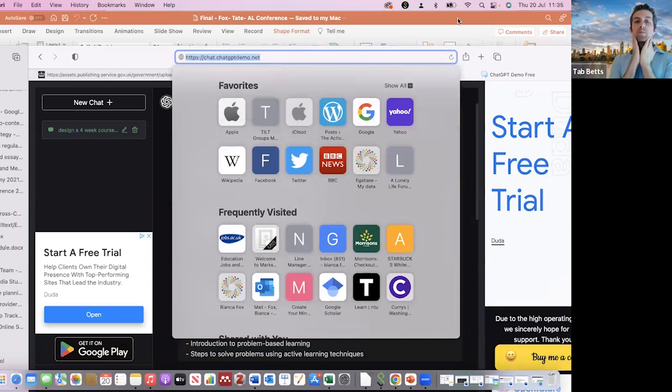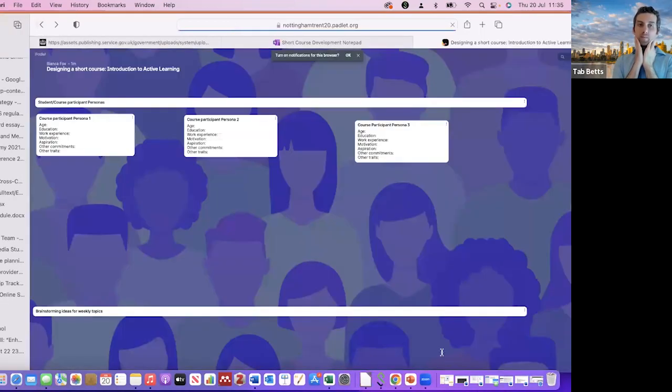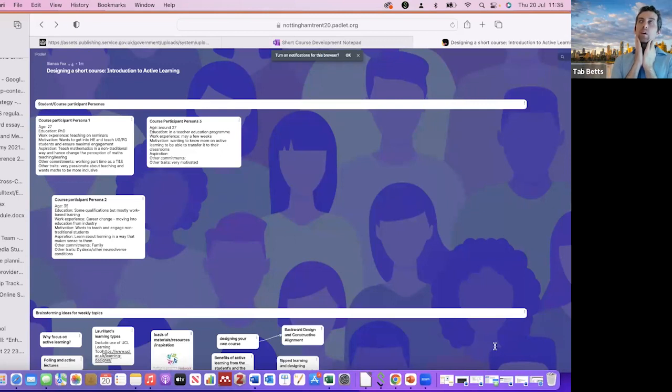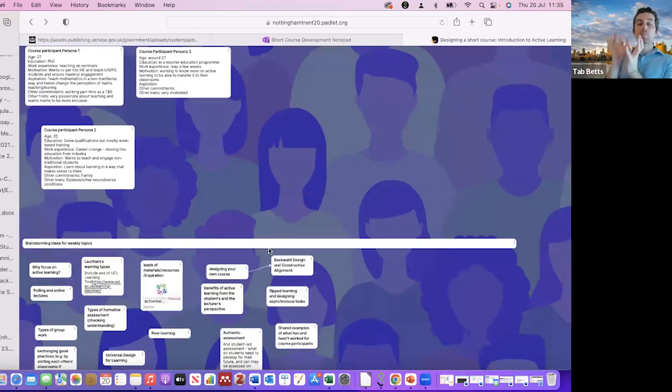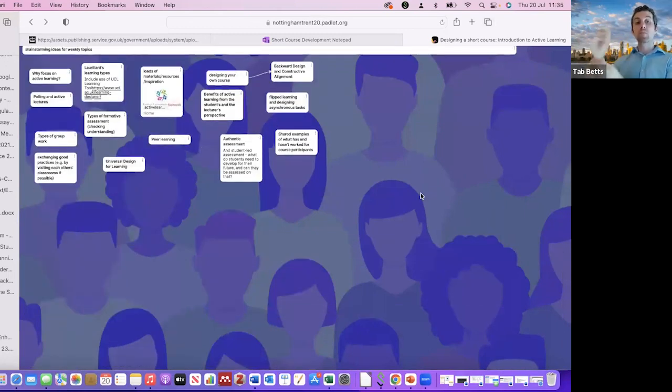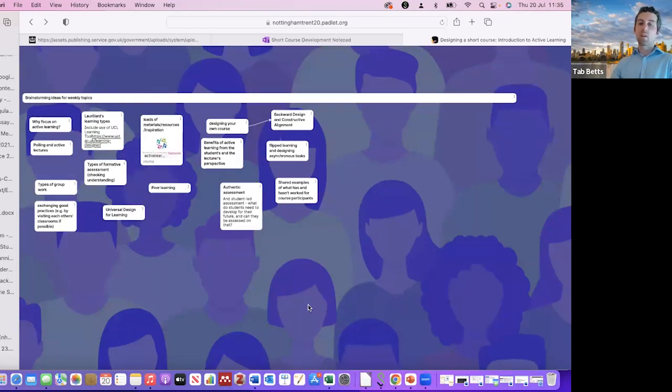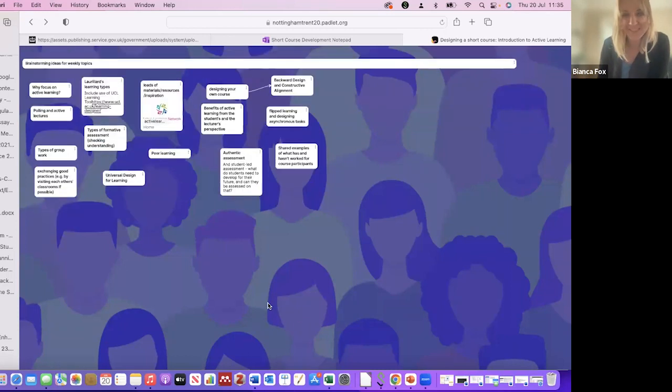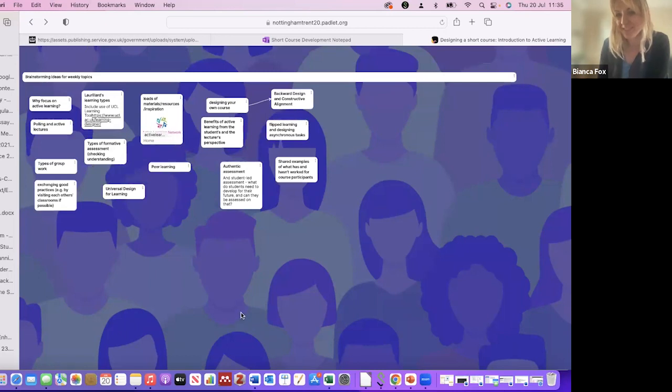There's also a tool called Claude 2, which is one of the newer generative AI models. You can do similar things, but it allows you to feed in large amounts of content as context for the prompts. You can put in a novel-length piece of information. For example, we could put in the book 100 Ideas for Active Learning and say, turn this into a short course with 5 sessions. It's fantastic, though it does need input from an expert, but at least it will give you some ideas that you might want to explore further.